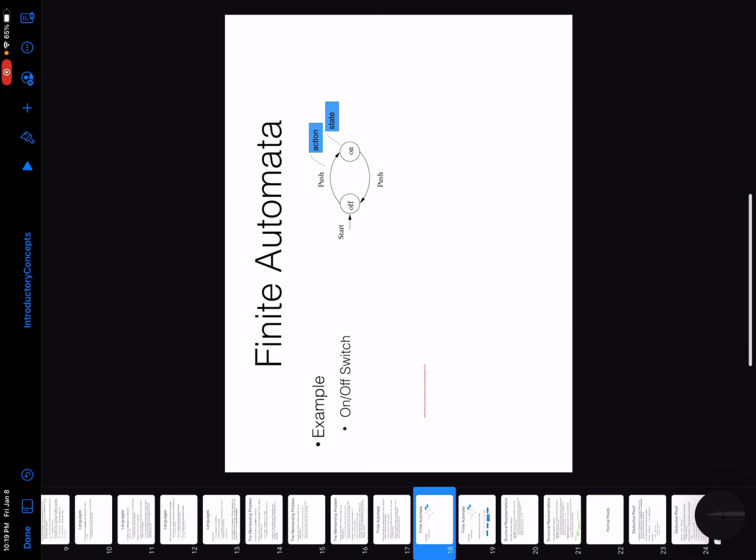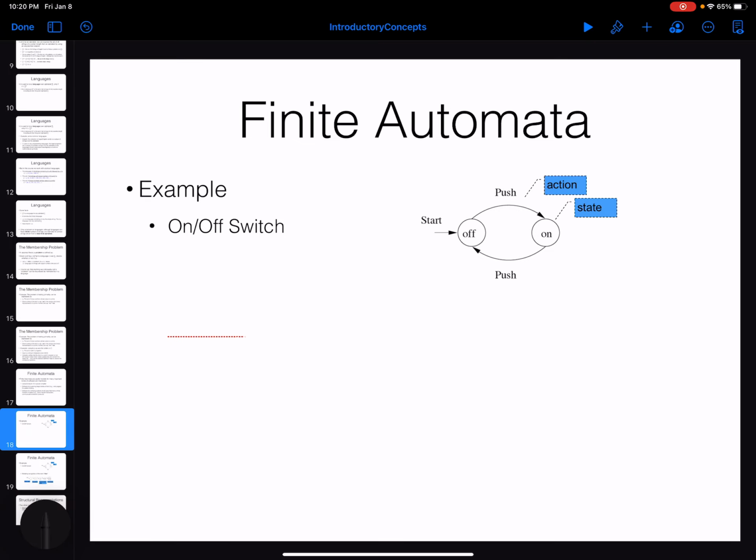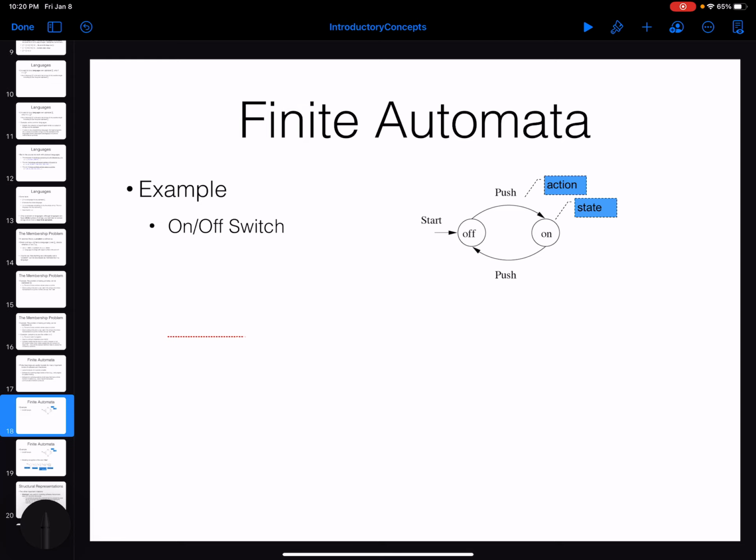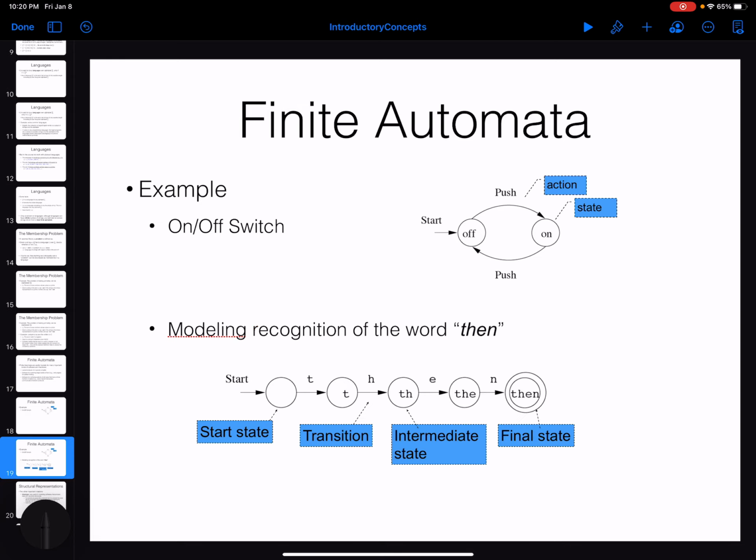You have a finite number of states and some transitions, and the machine at each step is going to be in one of those states. So you have a couple of actions and a couple of states. Let me actually just show you a little bit more